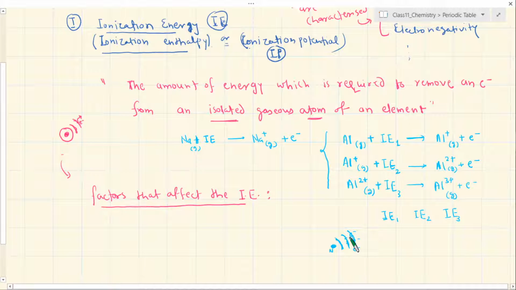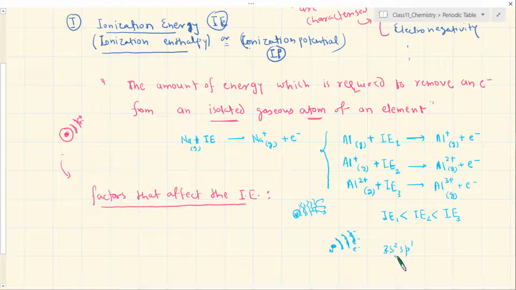You remove the first electron, that must be the outermost, then the second electron has to be a little bit closer to the nucleus, and the third electron which you are removing should be even closer to the nucleus than the second one. So your first ionization energy should be less than the second one, and the second one should be less than the third. You are saying that it is easier to understand that the p electron is gone and the other two are inner, closer to the nucleus. But then among the two, how do you discriminate? That's the question you are asking, right?